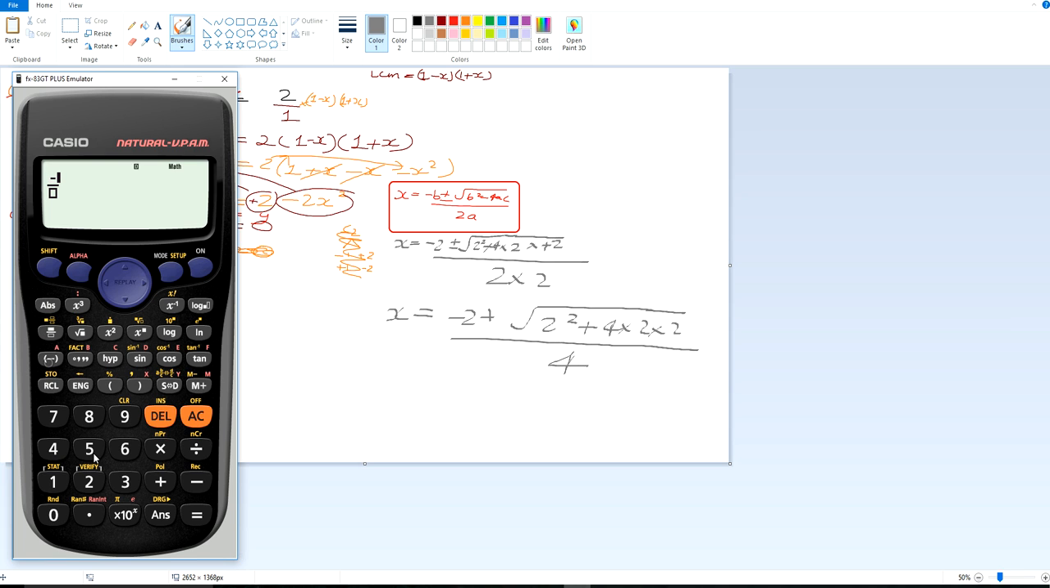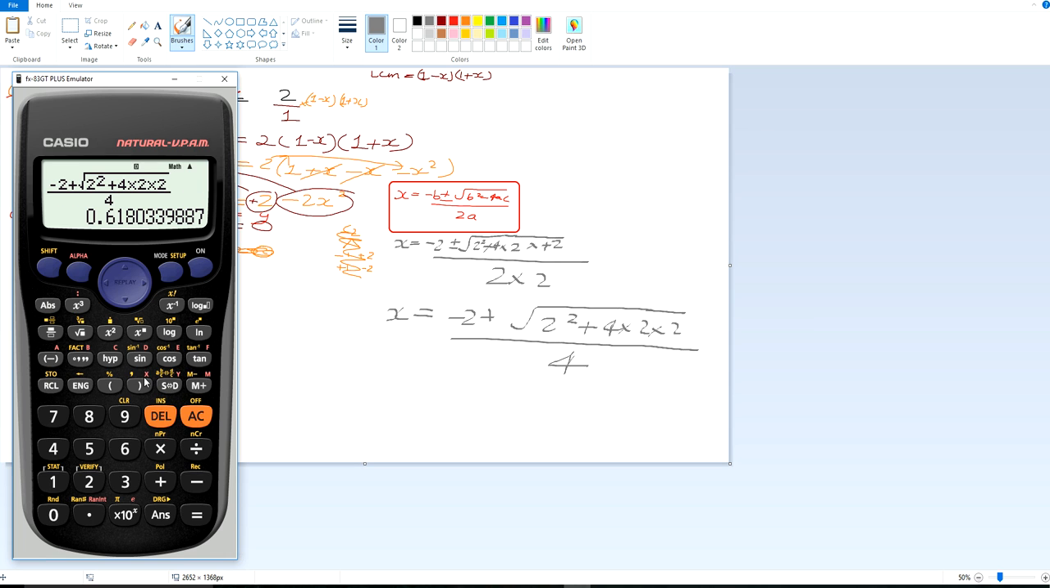So first we'll put the minus 2. You can't put plus and minus, put plus at the moment. Plus the square root of 2 squared plus 4 times by 2 times by 2. Do that at the bottom. And that's going to be over 2 times by 2, which is 4. And that should give us our first answer,